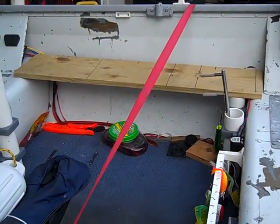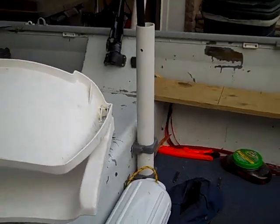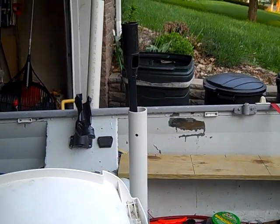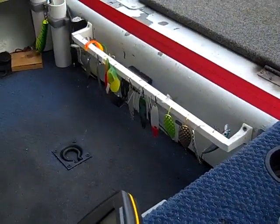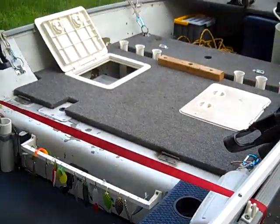Got a cutting and measuring board over there on the side. And if I swing around a little bit, you can see I've got a little holder there that I use to put my rods in when I'm rigging, or also throw in the extension for the trolling motor. Got a little rack right there where I can hang a bunch of lures, my depth finder,